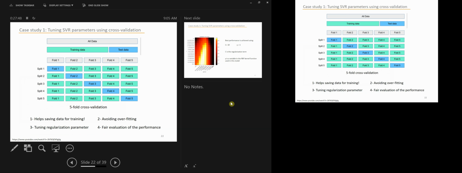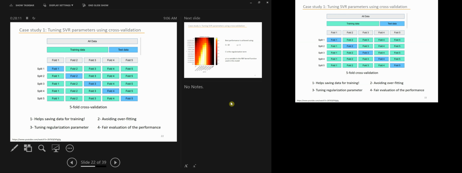So, as I mentioned, we have a parameter called C here that we need to optimize for support vector regression. We also have another parameter called gamma in the kernel function that needs to be optimized. To optimize these two parameters, I'm going to use a 5-fold cross-validation. The idea of cross-validation is that if we have our data, 5-fold cross-validation is going to partition the whole data